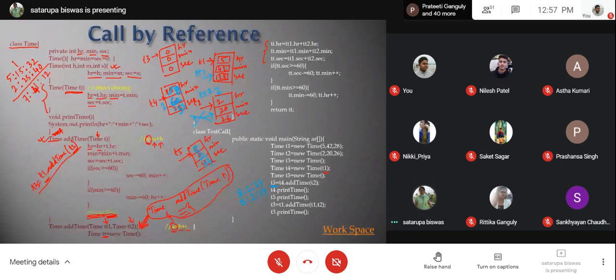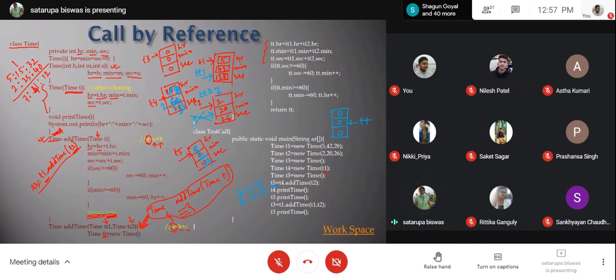Obviously, after returning from the first add time, this T reference will be lost. It was the temporary variable stated over here. After that, you are creating another temporary variable inside the second. So that is TT. Using no parameters, so the first constructor is being used.